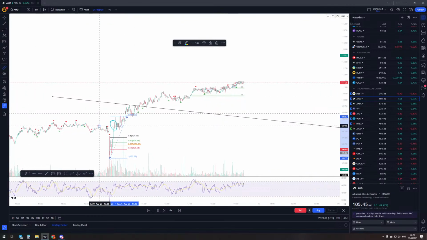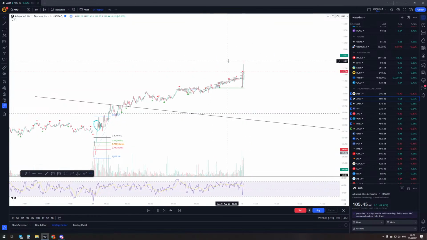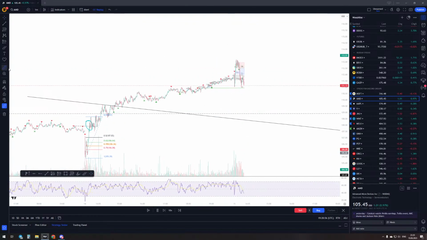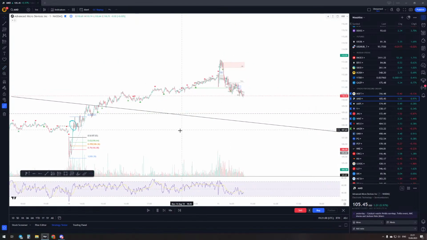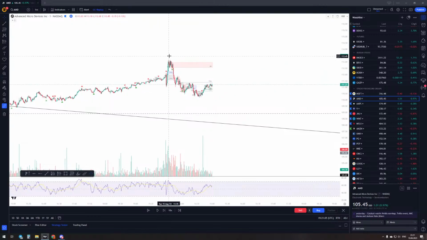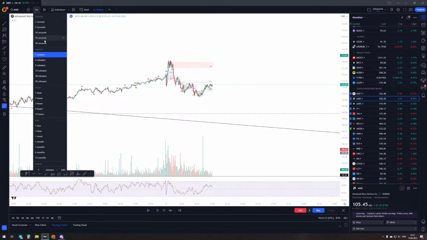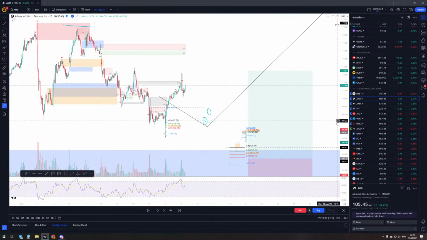So just from this entry, you're up already almost 4%. Yeah, almost 5%. So here you can already, as you see, this is equal lows on the 1 minute, which is not that important. I usually trade on the 50 minute, 1 hour chart, but still